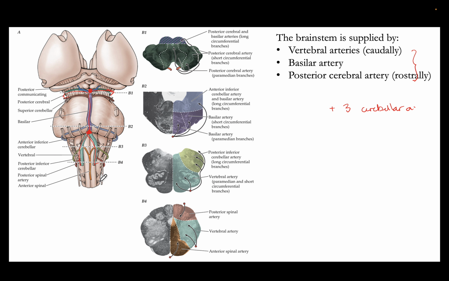Along the way, we see a few branch points, and those are the cerebellar arteries. So the posterior inferior cerebellar artery is here, shown in yellow, typically arising in most people from the vertebral arteries. The anterior inferior cerebellar artery is here, shown in purple, typically arising from the caudal portion of the basilar artery. And the superior cerebellar arteries arise here, typically from the top of the basilar artery to spread posteriorly. So, posterior inferior cerebellar artery, anterior inferior cerebellar artery,